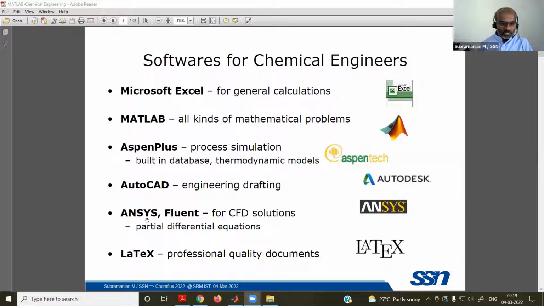For that, software like ANSYS Fluent is good. And for documentation, of course, people use Microsoft Word for making documents, or Microsoft PowerPoint for presentations. But I feel the other software, LaTeX, which is free, is very convenient for highly complex mathematical equations.